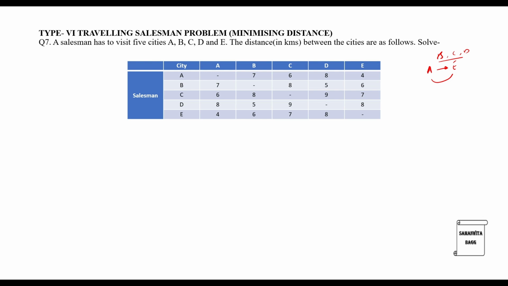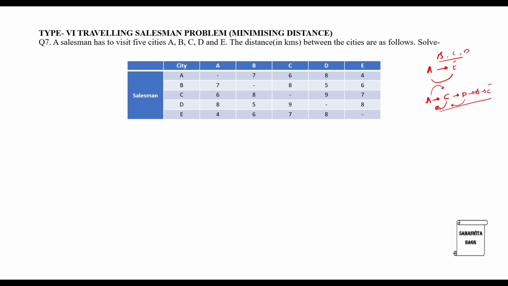We have to remember that if a person is going from, say, A to C, then he cannot go from C to A, obviously, because he is traveling from A to C to, say, D to B and to E in this order. So if he is going through this order, he cannot go back from C to A, he cannot go back from D to C. These are certain things to be remembered, and he will travel from one city to another just once. It cannot be more than once. So you have to allocate the cities and the traveling route accordingly.